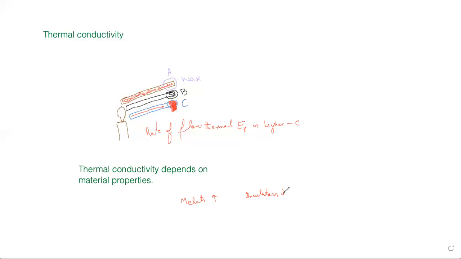Insulators still have the atoms. So then the properties of the material will define the thermal conductivity. Okay, understand? And now you can also understand one more thing, and this is the isolation.